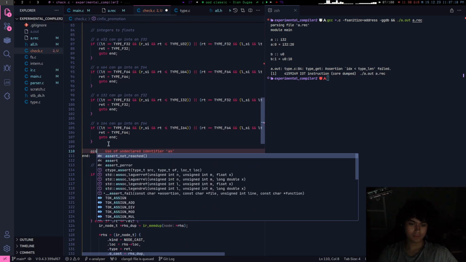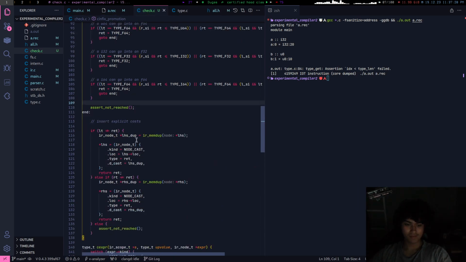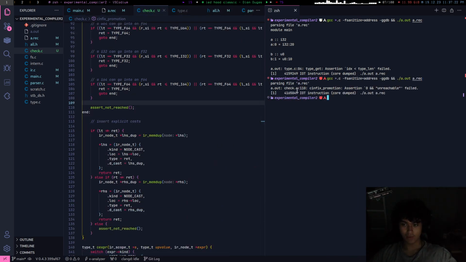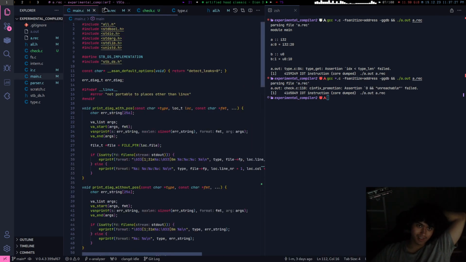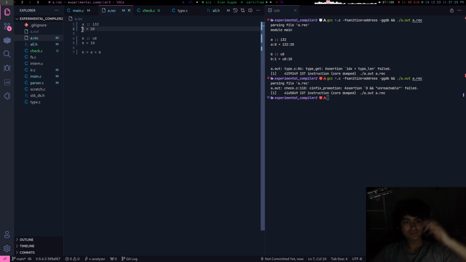There we are. That's undefined. That's really undefined what I just did. Okay. An A plus 20. U8 can be promoted, so why is that not working?